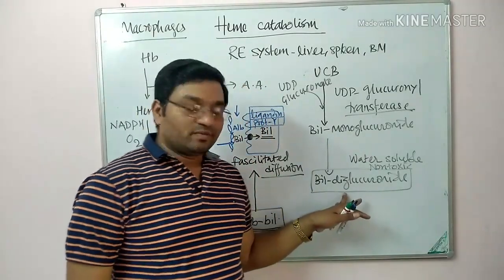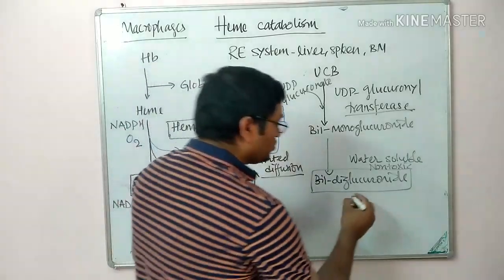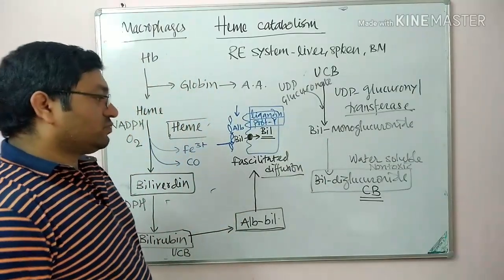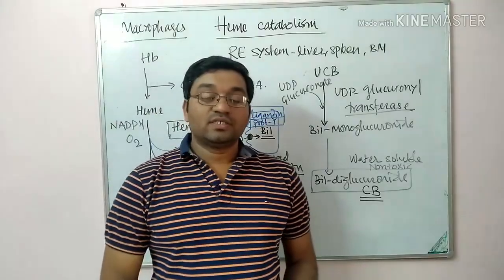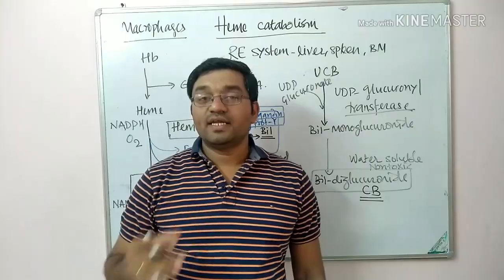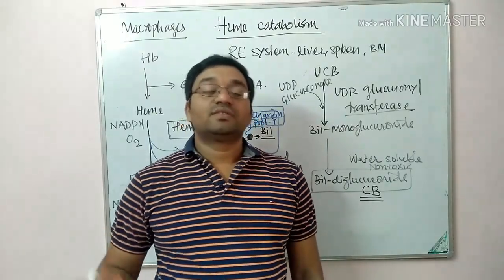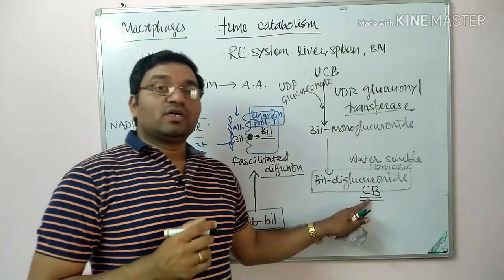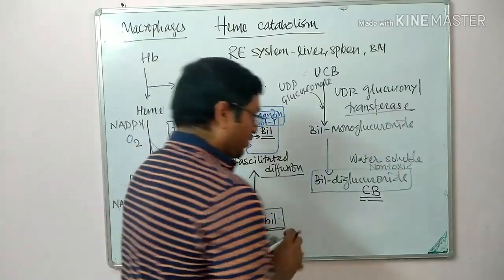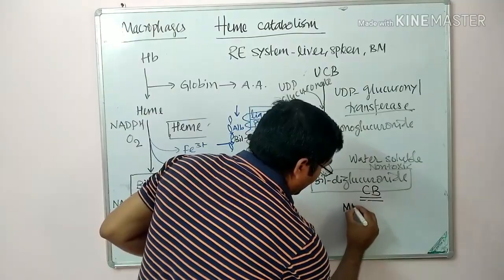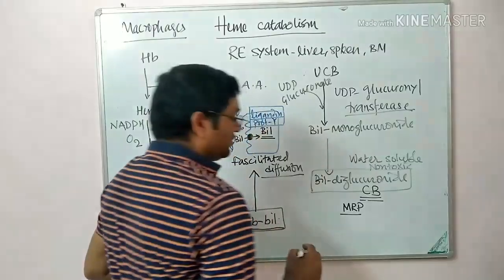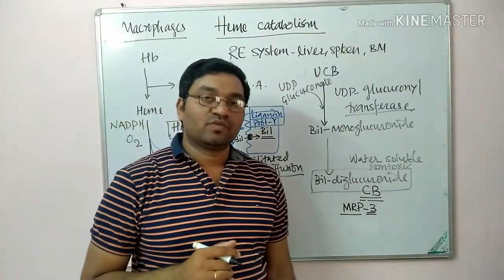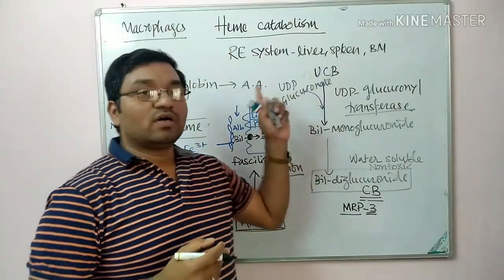Now this conjugated bilirubin, that is bilirubin diglucuronide, gets secreted into the bile and enters into the intestine, but some part of this conjugated bilirubin gets into the enterohepatic circulation, and with the help of MRP3, multi-drug resistance protein 3, it gets back into the enterohepatic circulation, and again the uptake of bilirubin occurs via